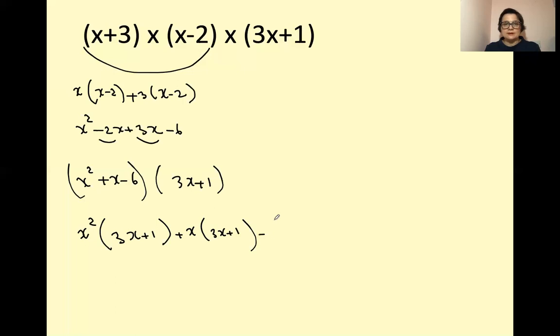Or minus 6, that multiplies 3x plus 1, just like that. So every single term of the first bracket must multiply the whole of the second bracket. So it could be like this, or I'm going to draw a little line here, or as I said, I'd